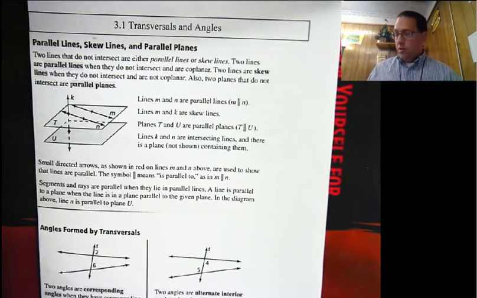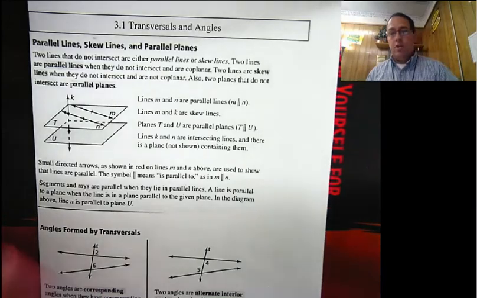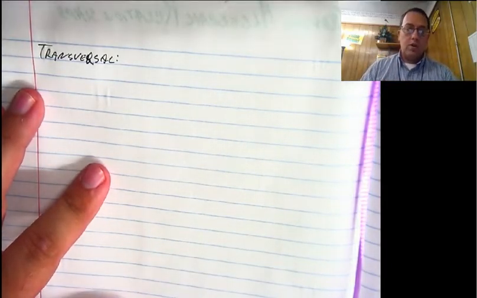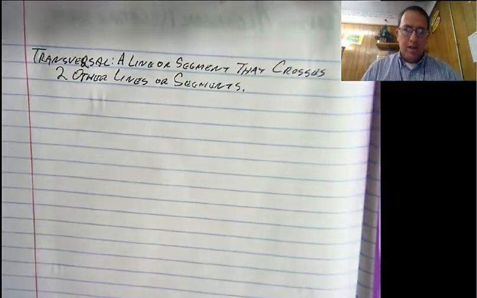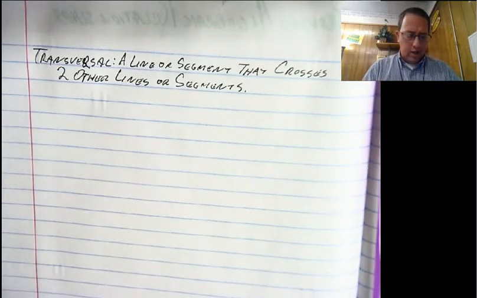Now let's get into transversals. But before we talk about transversals, we have to know what a transversal is. So let us write down the definition for a transversal real quick. So a transversal is just a line that goes across two other lines. All right. Now, it could be lines or it could be segments. Either way, if you have a line or a segment that goes across two other lines or segments, you